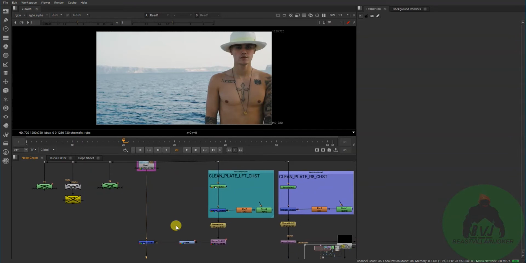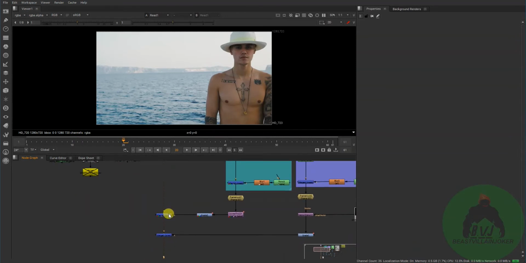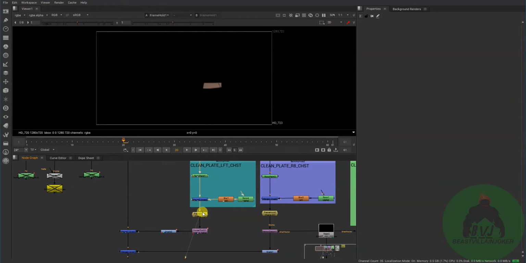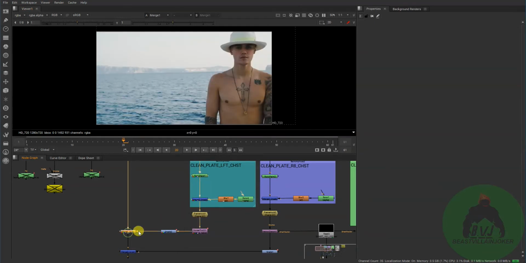At first I am showing you the clean plate of the left chest. The clean plate of the left chest was like this, and I have Rotopainted it. And at first it is very useful if you analyze the footage and know where to take your reference from the footage and make the clean plate in that footage. So I have used the 30th frame of the footage because I think that will be a proper frame to take information from, and the clean footage was like this.